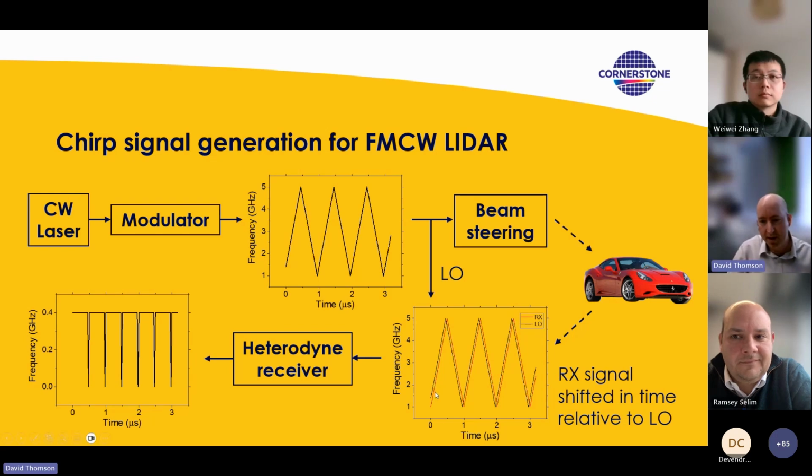And because we have this ramped chirp of the frequency, we can see we have a constant difference in frequency at all points along this graph, and that gives you this constant frequency tone when you mix them together, in this case of around about 400 megahertz, and that enables you to equate this frequency to the distance to your